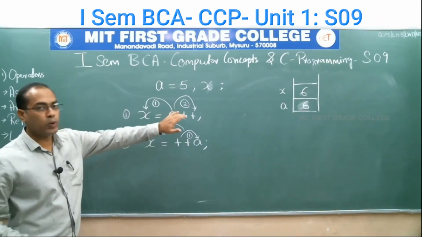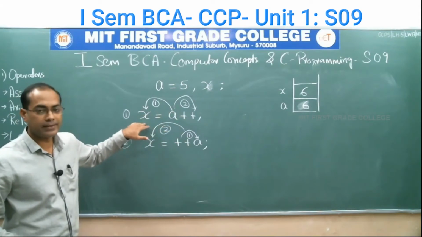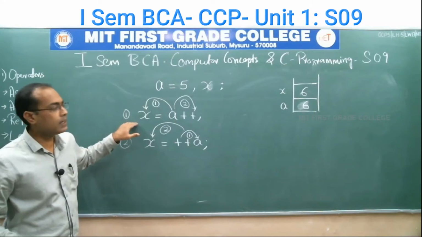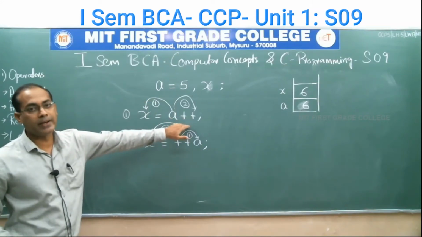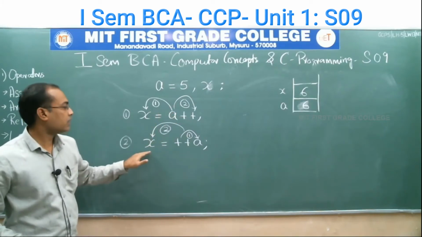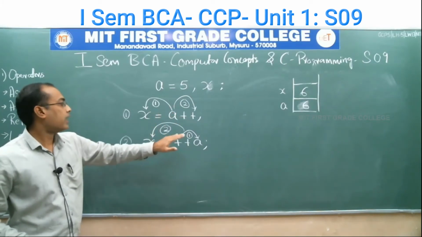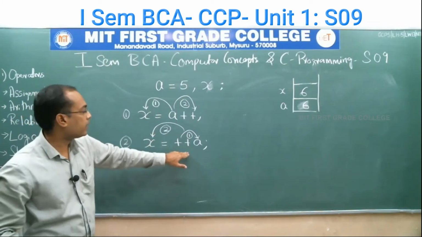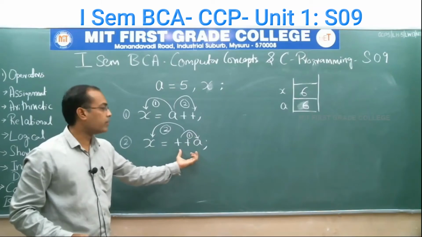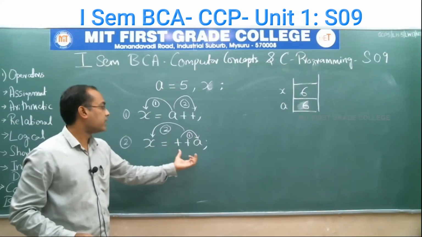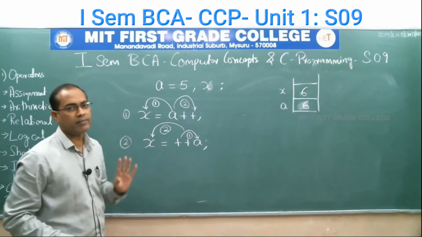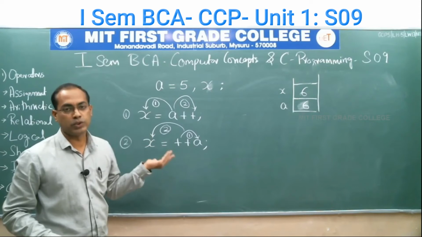If you are using post increment in case of an assignment operation, first assignment will occur and then either increment or decrement will happen. In case of an expression having an assignment operator and the increment and decrement operator, in pre-increment, the value will first be incremented because we are using pre, and then the incremented value will be assigned to X. This is the working of pre-increment and post-increment.